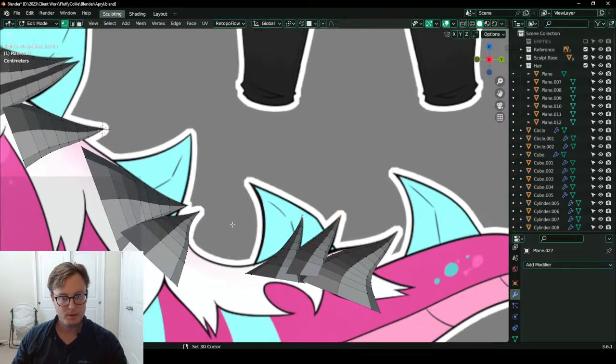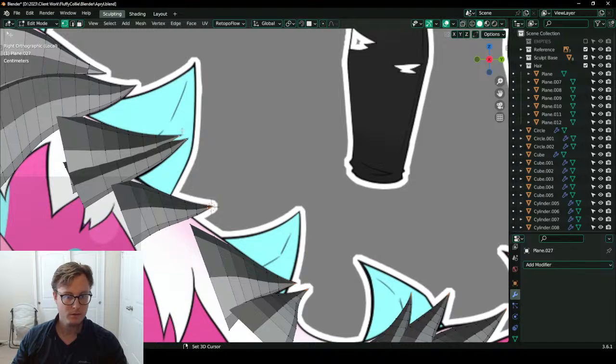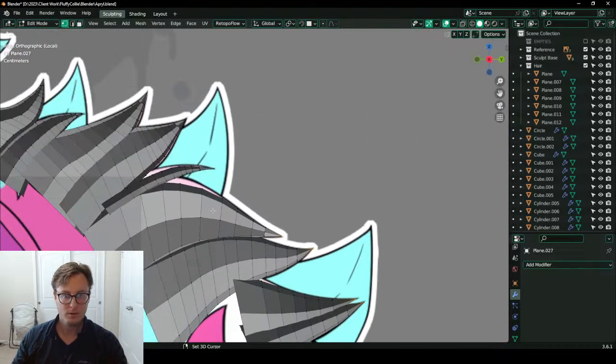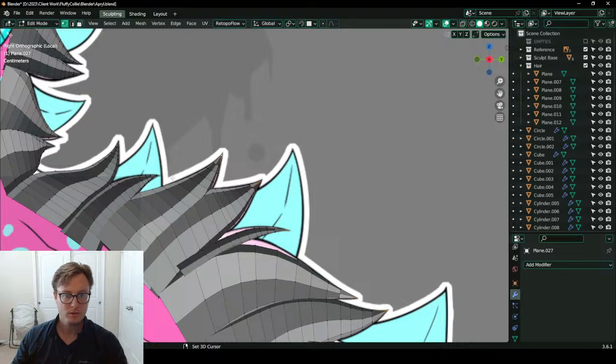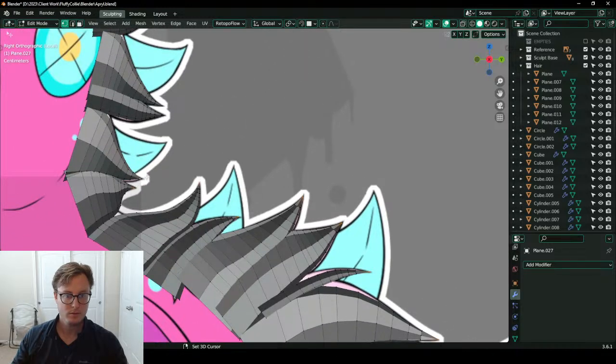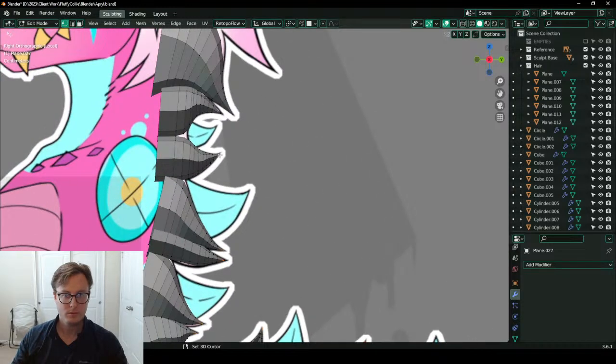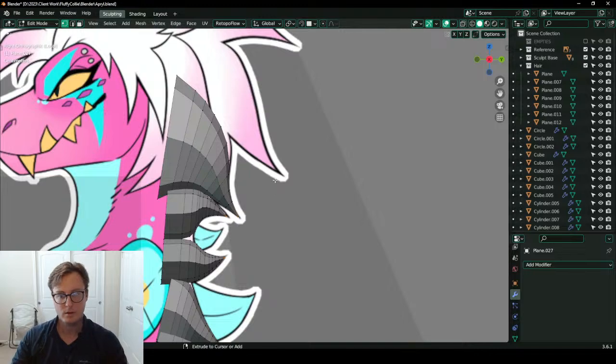And then we can grab the tips again. And triangulate. Longest diagonal.